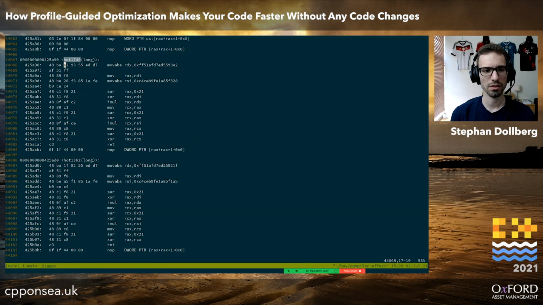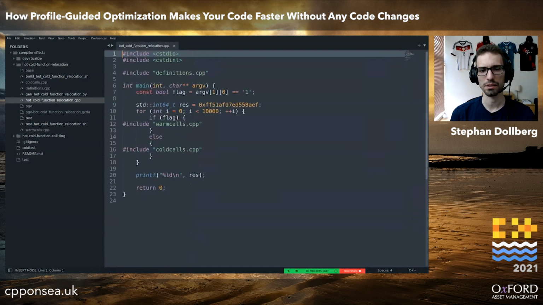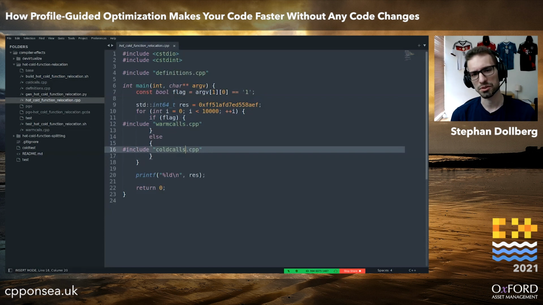Now you could ask, okay, but couldn't the compiler always do that, right? It sees there's all these warm calls together, all these cold calls together, and it even knows the order, so why does it not sort it by them? It's definitely true, like in this kind of micro benchmark mini example, it could do that. But if you think back to a real application where you have lots of if statements, lots of functions, which might not be called straight after the other, but if flag 1, execute function 1, if flag 2, execute function 2. At that point, the compiler can't know,